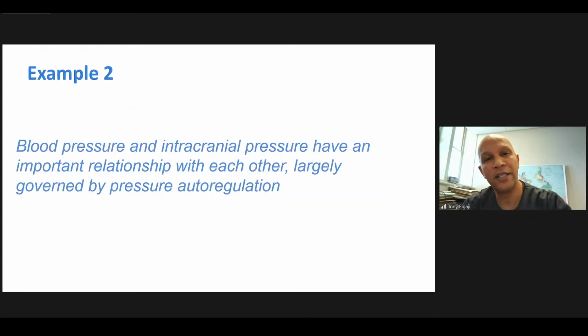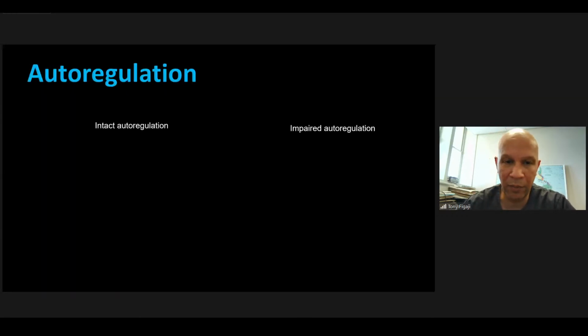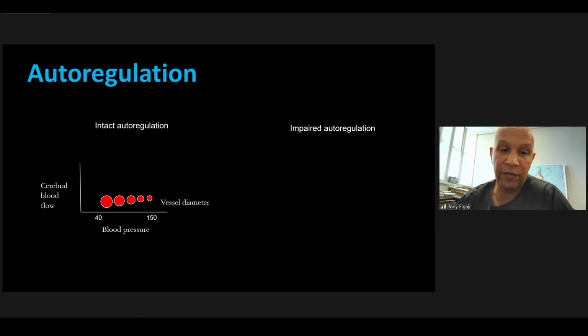Example 2, this is about pressure autoregulation. Blood pressure and intracranial pressure have a really important relationship with each other, and it's largely governed by this concept called pressure autoregulation or pressure reactivity. What that means is that blood vessels in the brain have a relationship with changes in blood pressure. Typically, in normal physiology, as the blood pressure goes up within a particular range, usually between 40 and 50 millimeters of mercury to about 150 millimeters of mercury,